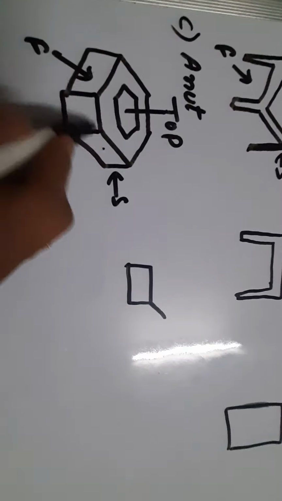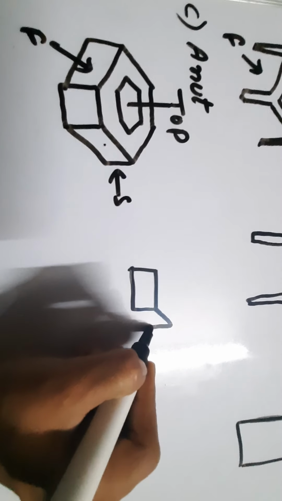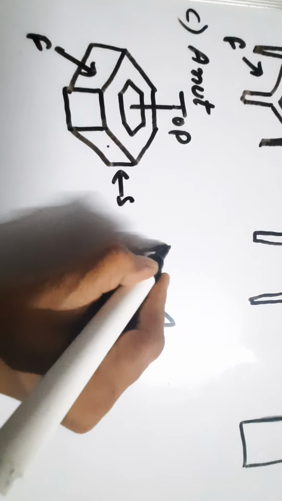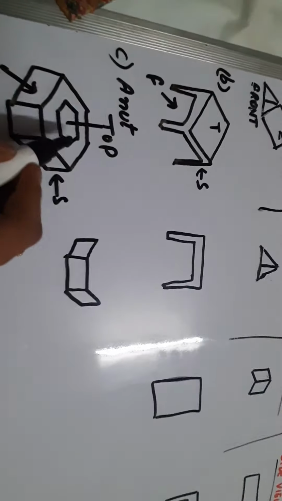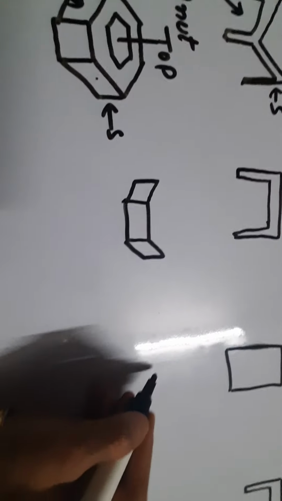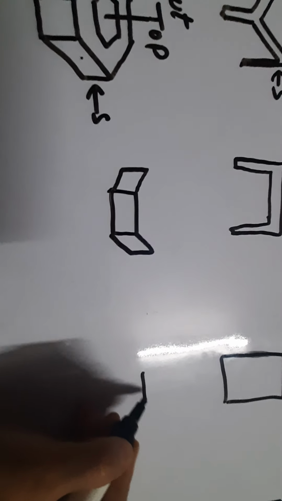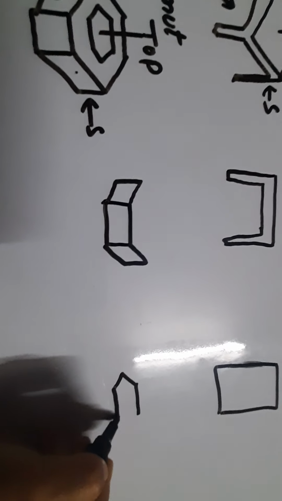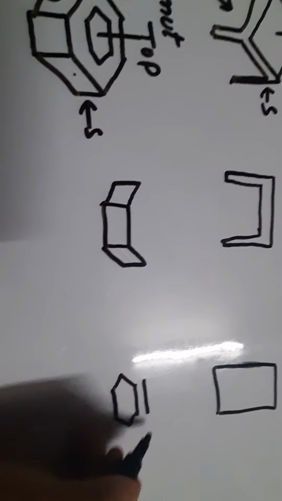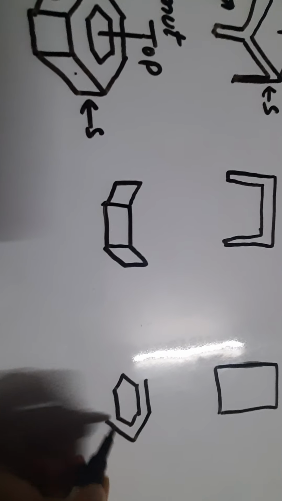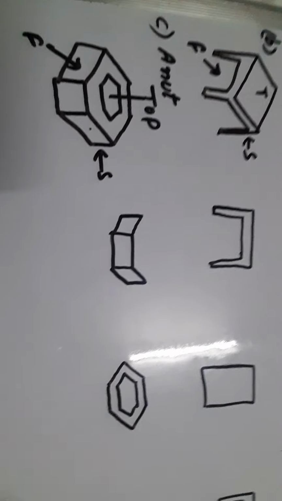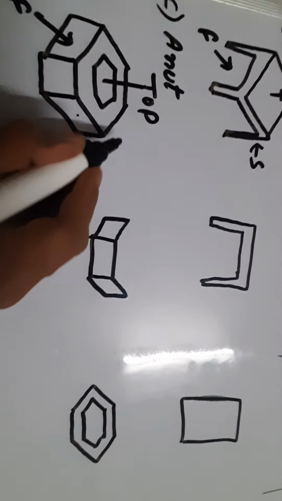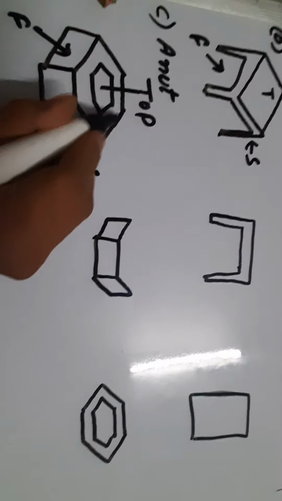We will draw both the side ones like this, right? Now for top view, two hexagons are visible. So again we will make two hexagons, a smaller one. Hexagon means a six-sided figure, like this. Then from the side view, dear students, we will be able to see this V.